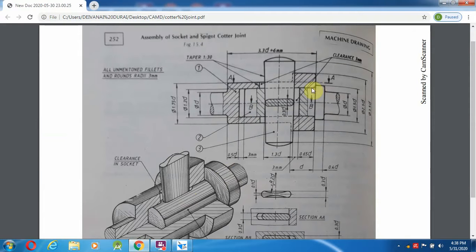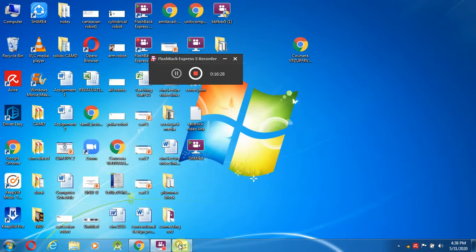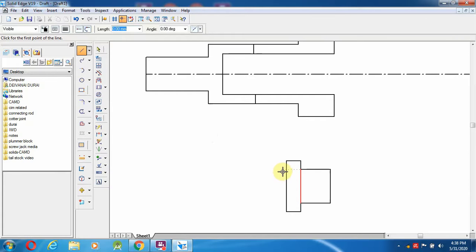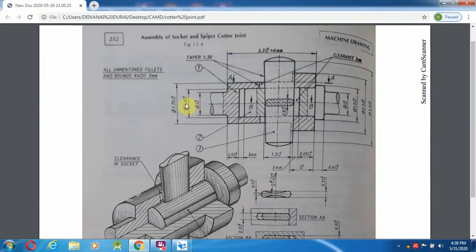Then comes to here, from here to this line. So what about this dimension? That dimension is 1.2d, because this is the solid part. Already we have drawn the socket as a hollow part. Okay, now we are going to draw the solid part. So the solid part dimension is 1.2d.